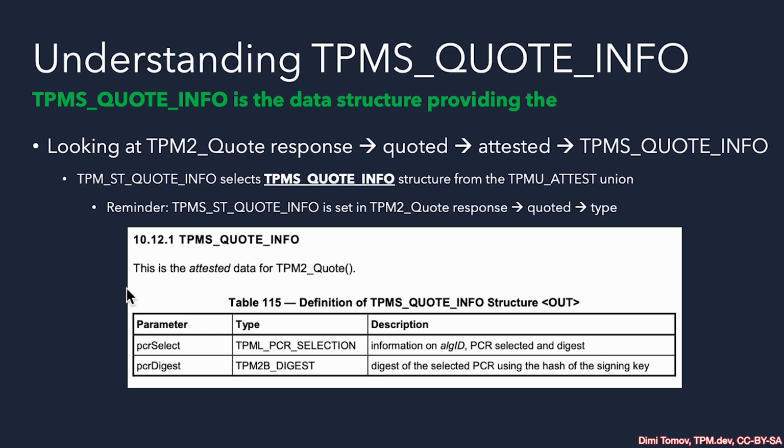We do need to have the evidence of the magic byte. We need to have the extra data option, also the nonce for freshness, and so on and so on. All of these components make the TPM attestation trustworthy. So here is the PCR data that we requested to be signed. We have a PCR selection in the PCR select parameter that specifies which PCR numbers, from what algorithm, is it SHA-256, is it SHA-384, and then we have the actual digests.